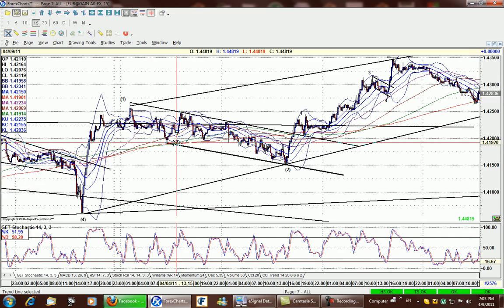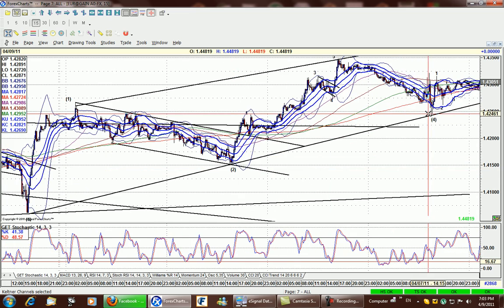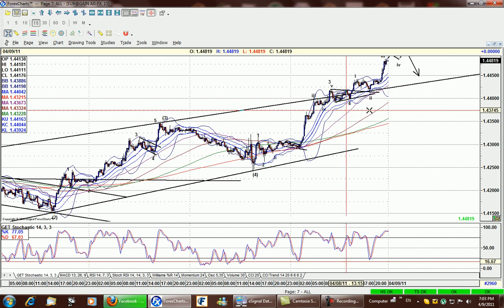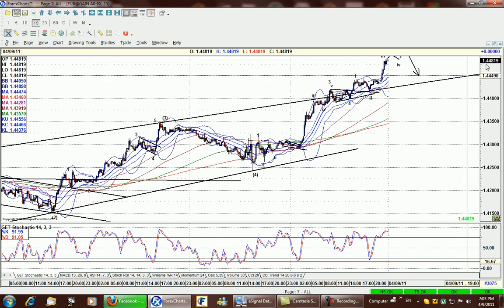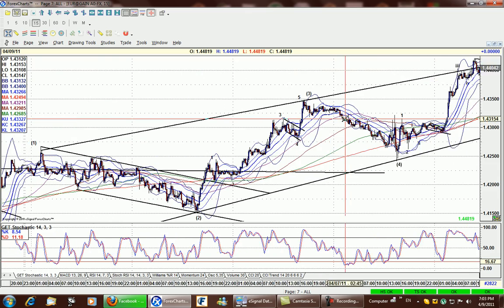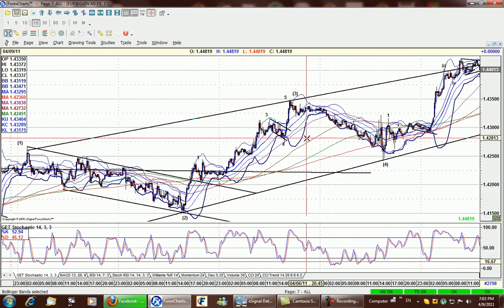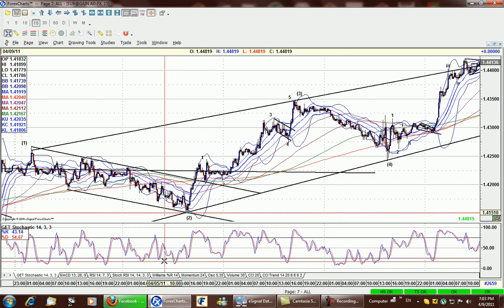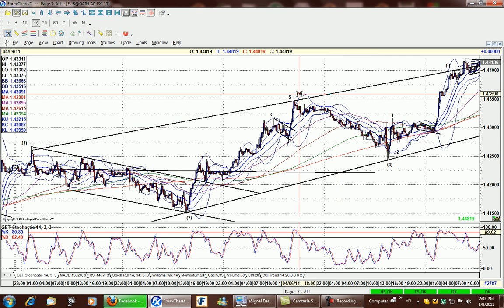firstly I was inspecting an ending diagonal 1, 2, 3, 4 after this stop has been invalidated here and traded lower into 1.4240. I was expecting this trend line to hold here at 1.44, but on Friday it broke higher and traded up to 1.4480. So the scenario of an ending diagonal has been invalidated, and we might be looking here at 1, 2, 1, 2,